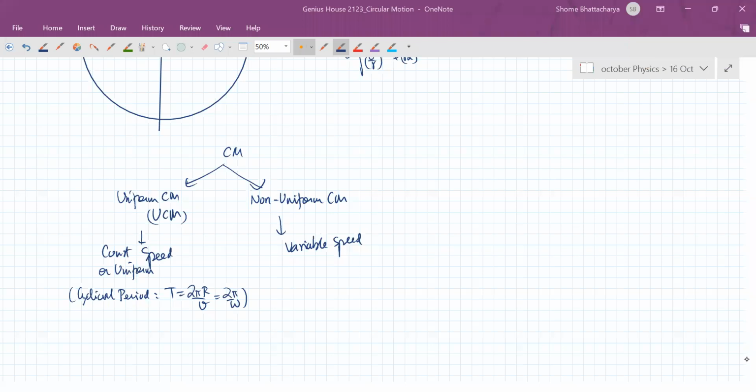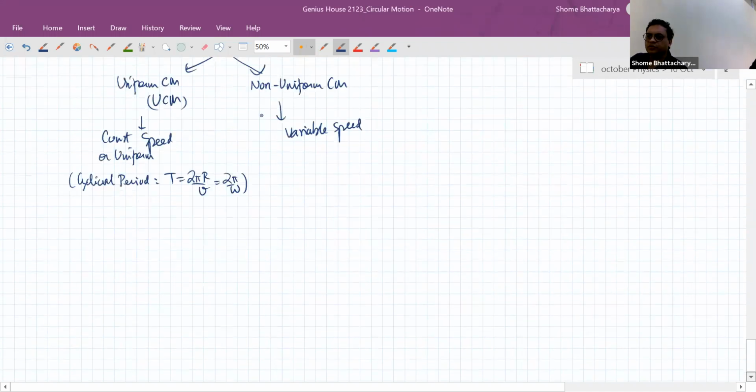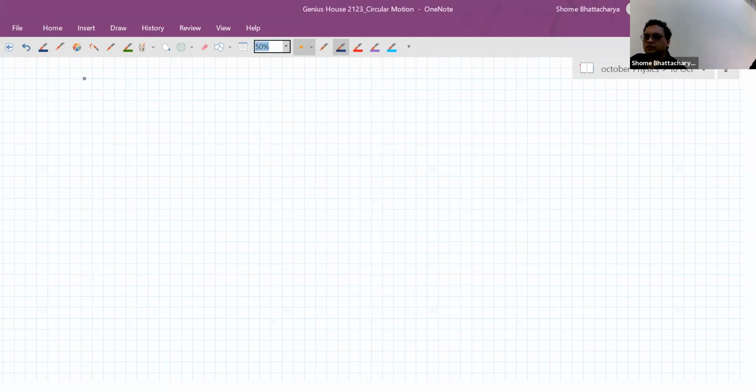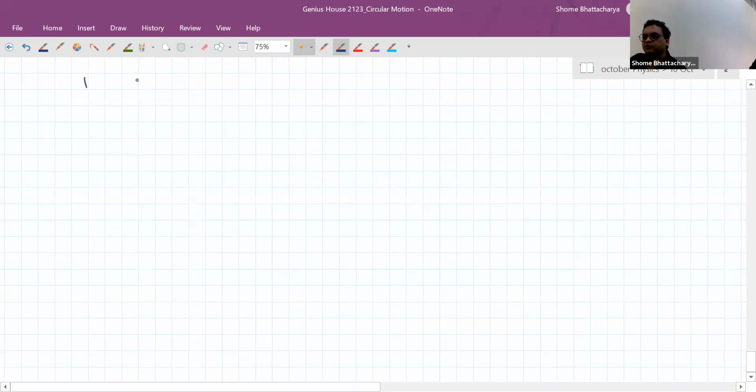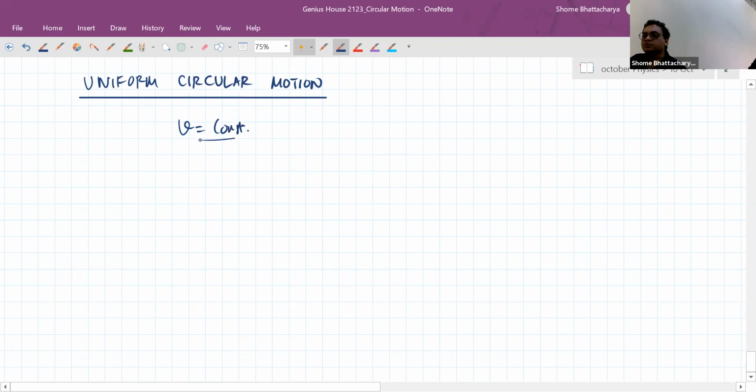Okay. So now, if you look at uniform circular motion in more detail, we'll understand a few more facts about it. While we've defined it as something where speed is constant, automatically it means that if speed is constant, angular speed is constant. Now, one thing very important: if somebody asks you what about velocity in uniform circular motion, you cannot say velocity is constant, because velocity has direction. So that is something you have to be very careful about. It means that speed is constant, but not velocity.